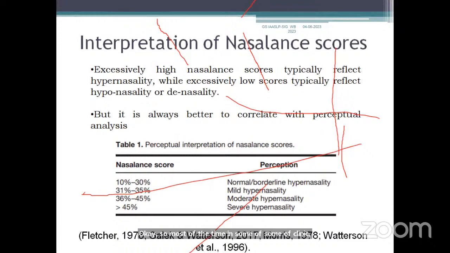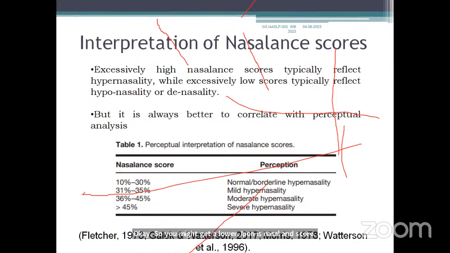palatal function, they do sometimes get hyponasality, or denasality, which nasometry gives information on, especially when we handle patients with tonsils. I'm talking about normal clients here. But in cleft lip and palate, tonsils aid in preventing hypernasality. They help the patient have adequate velopharyngeal closure. So you might get a lower nasalance score, and we have to see it on a case by case basis